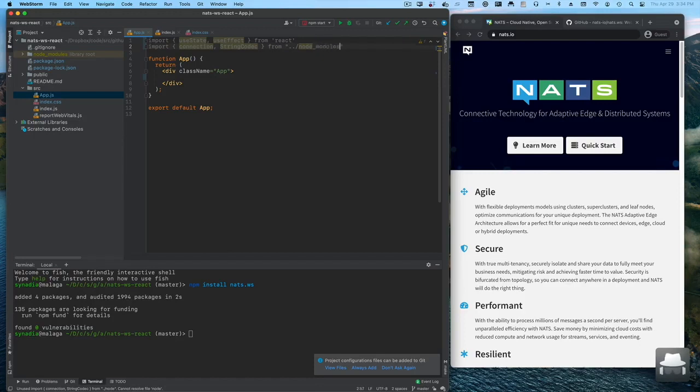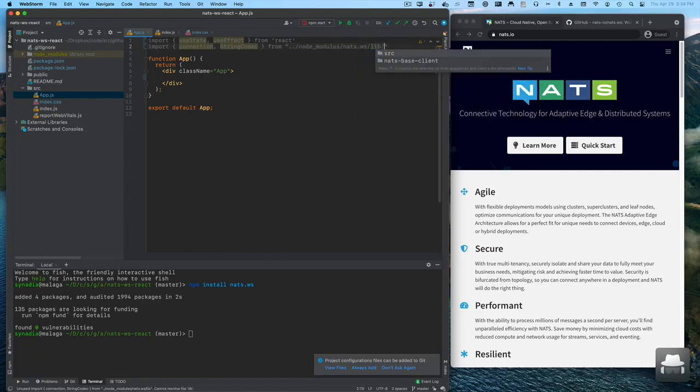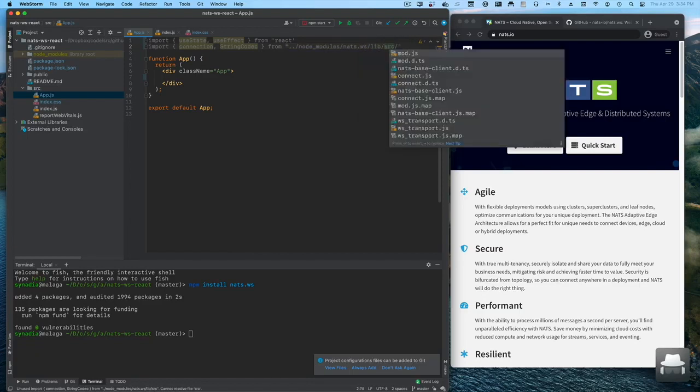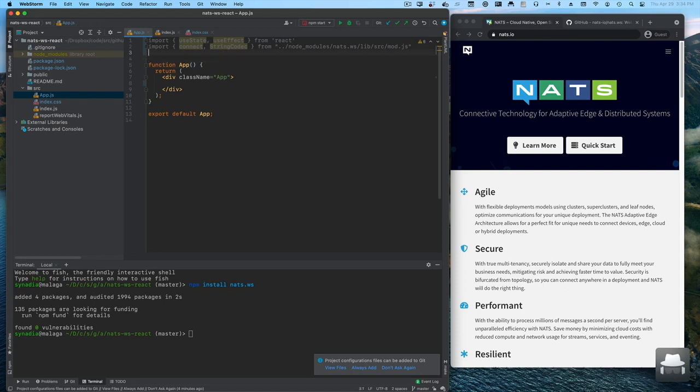So here what I'm going to do is go directly into the node modules inside of the library, and then in there find the lib, go to the source, and then go to the mod.js. That is actually the entry point for a CommonJS version of the library, which the React system is going to be happy with. Okay. So with that,